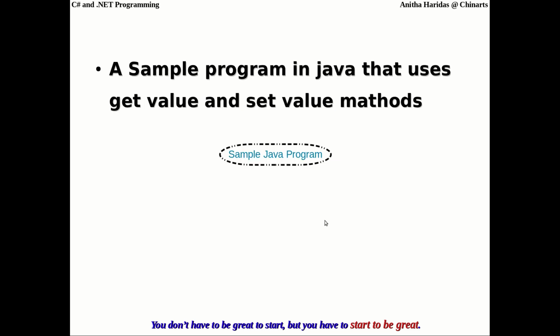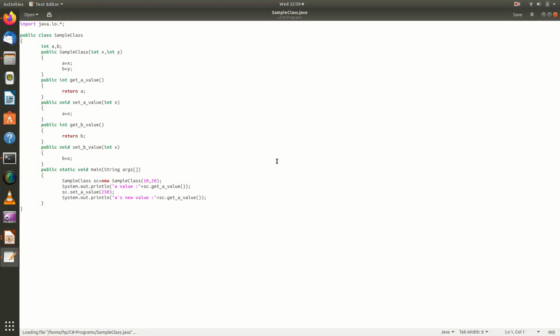Let us see a sample program in Java that uses get value and set value methods. Let me go to the sample program. This is the sample program. We have import java.io.*. This is a general statement for your input output operations to be done.